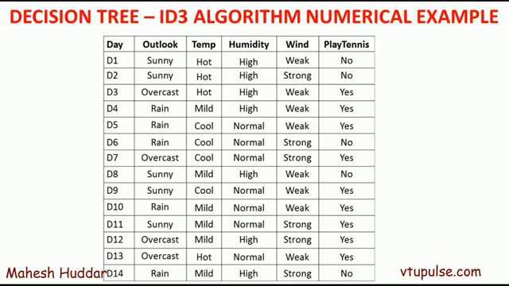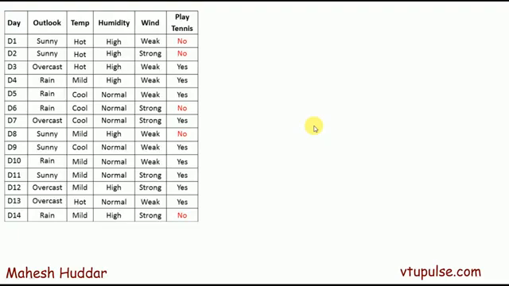So what we do initially is calculate the information gain of each and every attribute in this example. First we will consider the first attribute. The attribute name in this case is outlook, and the possible values of outlook are sunny, overcast and rain. To calculate the information gain of every attribute, the very first thing we need to do is calculate the entropy of the whole data set and the entropy of the individual attribute values.